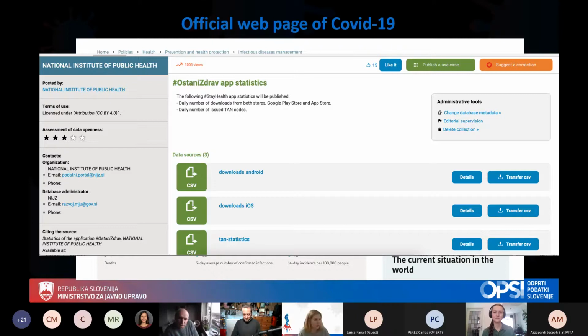Most of the data is from the National Institute of Public Health, and because the data is in high demand, it is published on the official government website, gov.si, because there it can reach the most visibility. The data will eventually be transferred to the OPSI portal, just it's not yet. However, we already have published data from the National Contact Tracing app Ostani Zdrav,